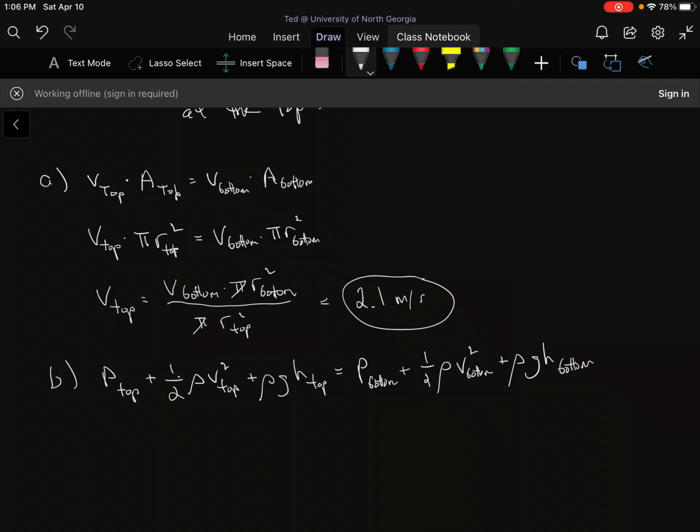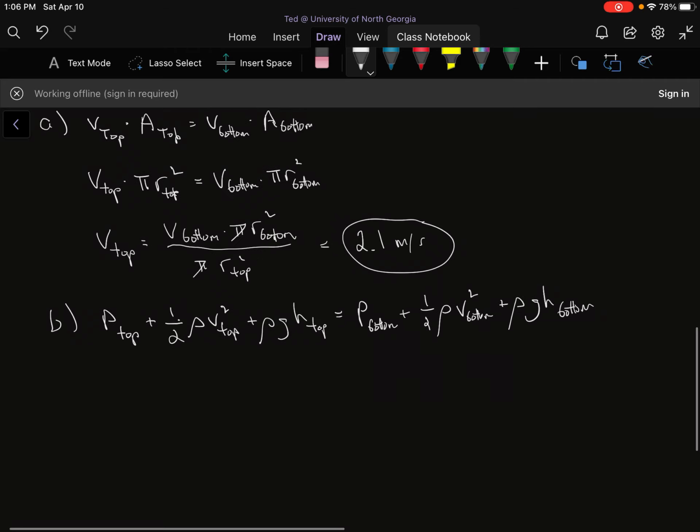And so what I'm going to do to find the change in pressure is we'll do pressure top minus pressure bottom. So I'll subtract pressure bottom from both sides, and that's going to give me delta P,